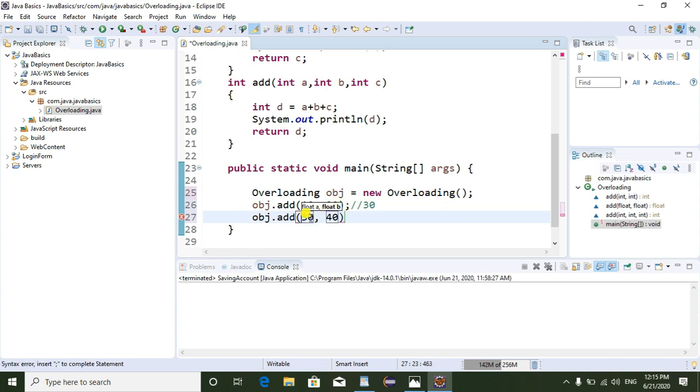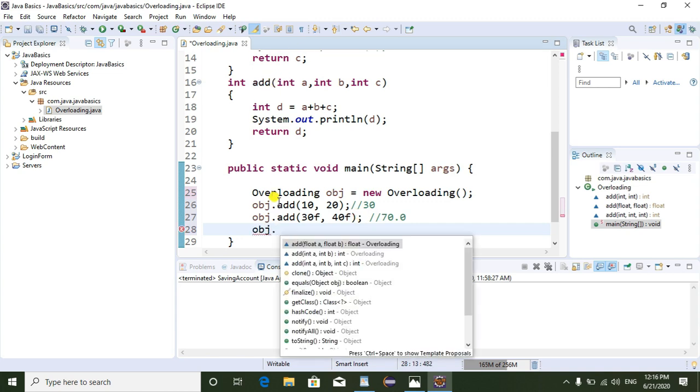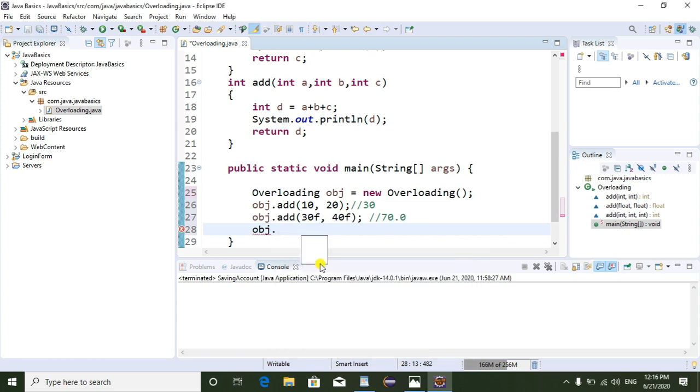Because of float I am passing 30f, 40f. So here the output should be 70.0. Then I am going to call this add method. Here we have to pass three numbers, 10, 20, and 30. So here we could see the output as 60.